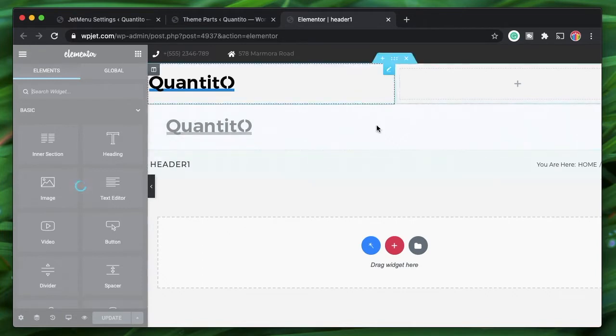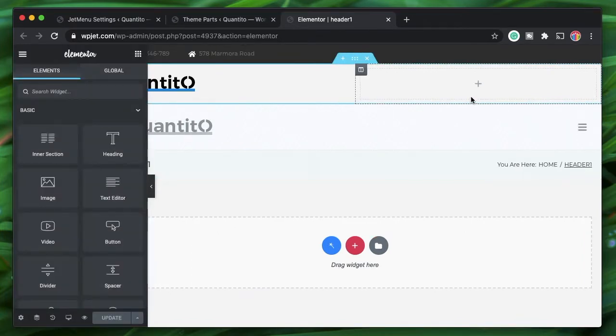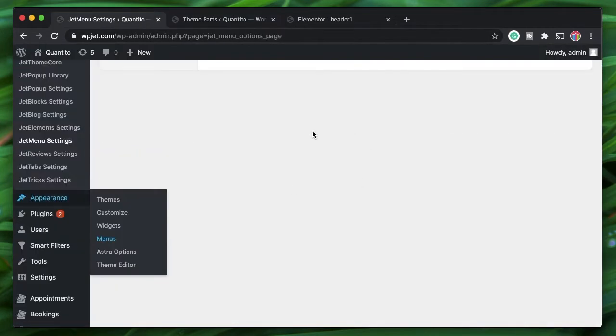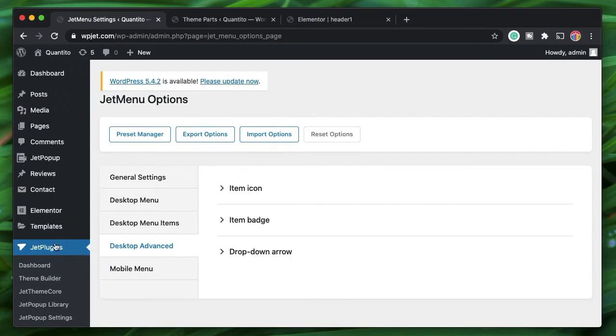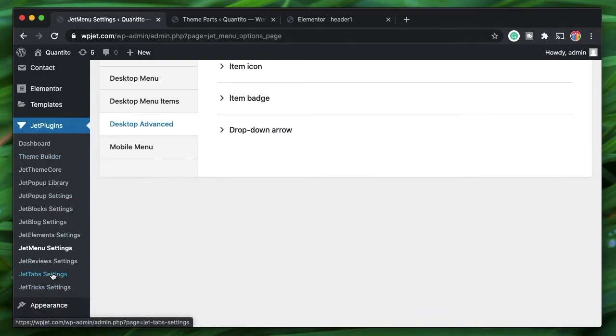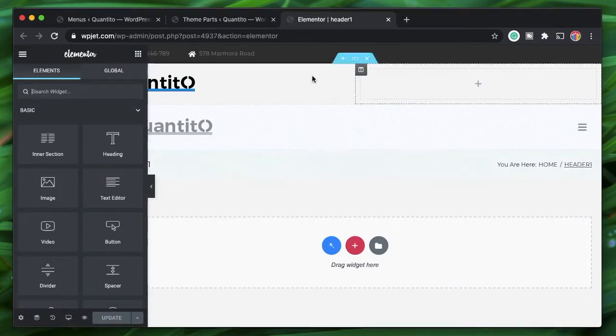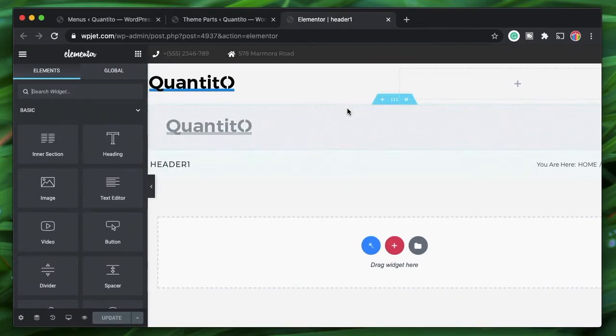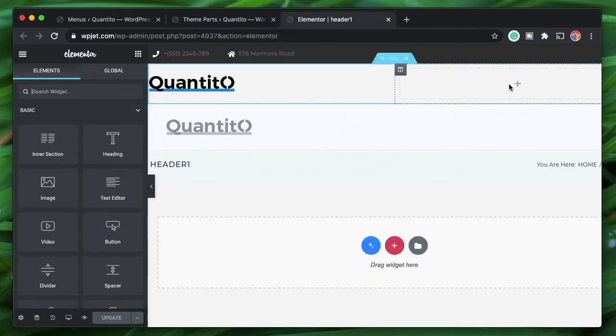And this is the menu. I'm not going to touch anything. I just need to display the mega menu, right? We've created the menu on the WordPress side, right? So if I go to appearance, we have that neat little menu. Since my website's header is built on Jet Theme Core, or the theme parts that you can see, I need to include the mega menu in this header.